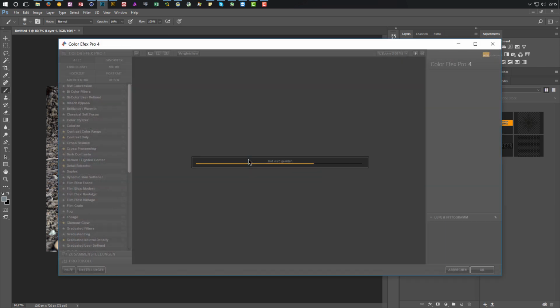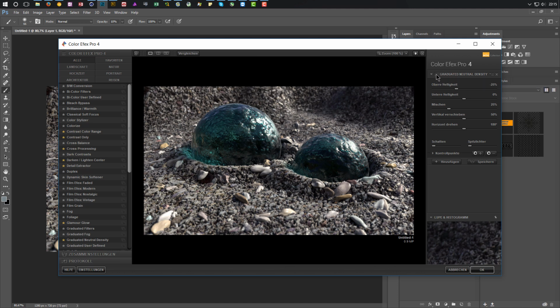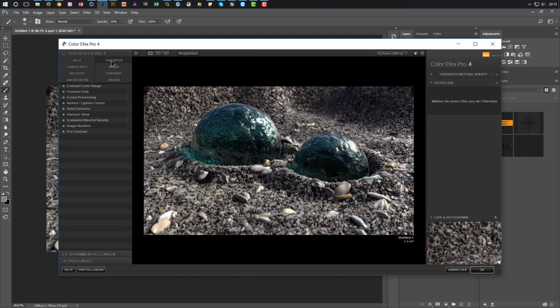And color FX power, and let's see what we can do here. We have here the gradient natural density. This normally I use every time, but I don't think I need it here. We have it dark. I let it here, but maybe I want to use it later, but I make another filter and go to my favorites and try the